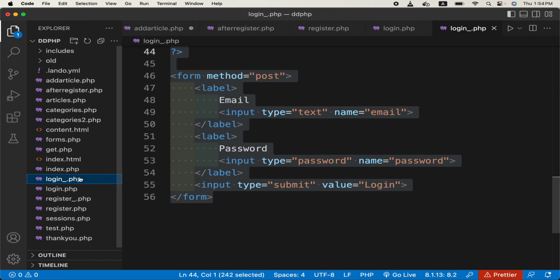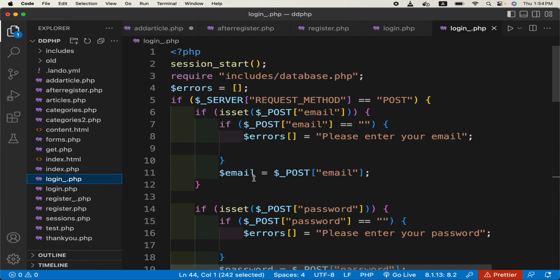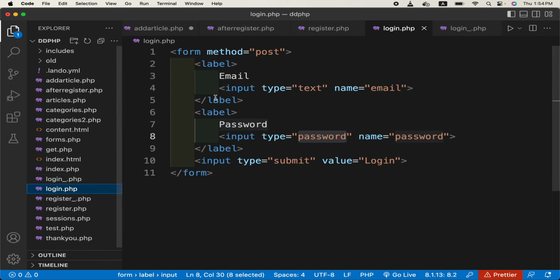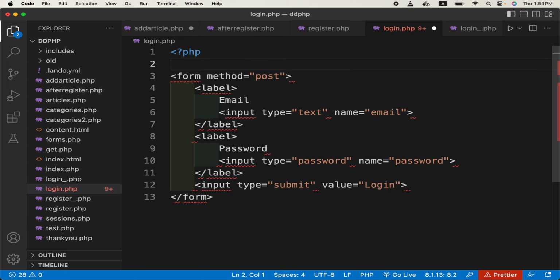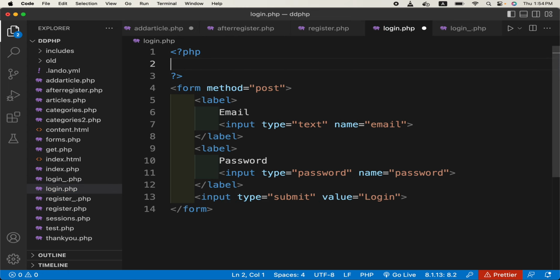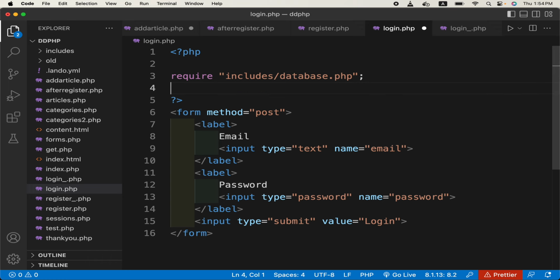I'll go to login.php. I already have some code written. Because we are dealing with the database connection, to save time, I will just copy this code. So at the top of the page, we will have a PHP opening and closing. We are requiring the database because we are going to get a connection to the database and query this